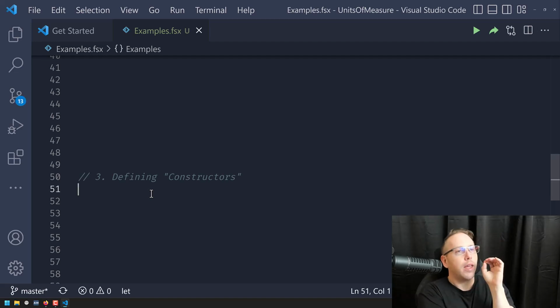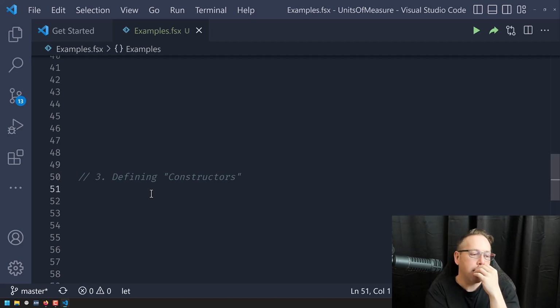So everything I was showing there is typical stuff you would see in a physics book, right? But what happens if you want to use units of measure on these fundamental types, on your integers and your floats, and I think you can use them on most any numeric type in F# now. But let's say for your domain, the units only make sense on like a subset of floats or integers. So an example would be like, hey, I have some real world measures that can only be non-negative, right? So something like